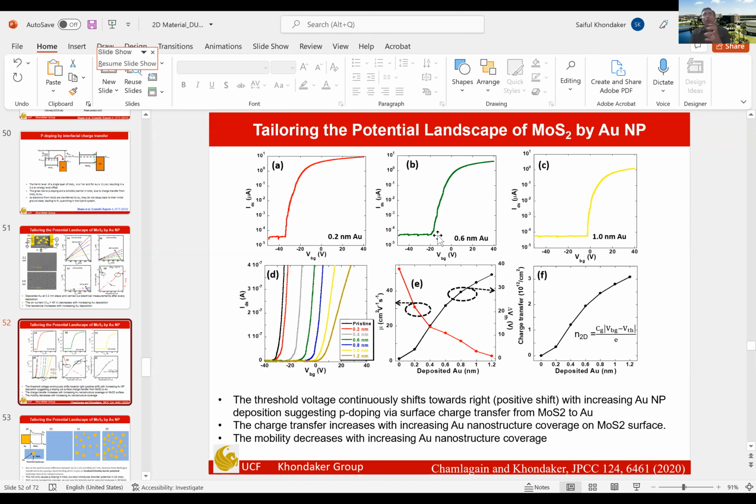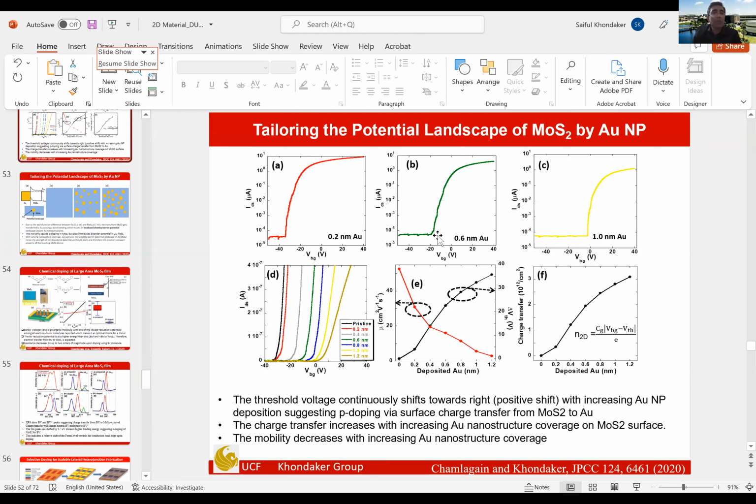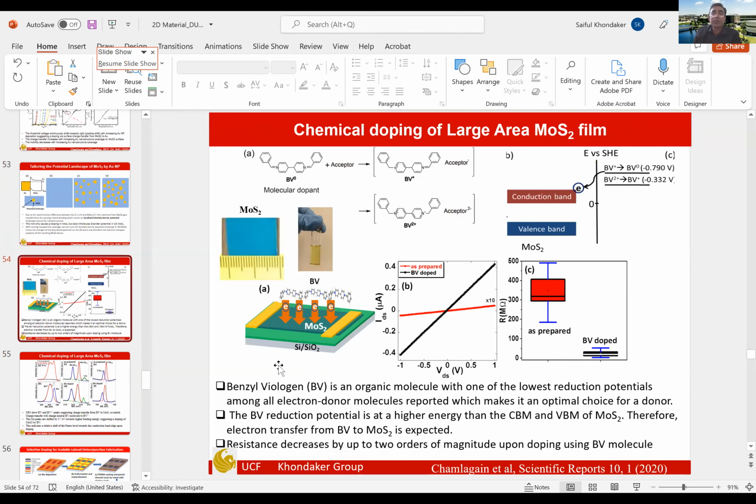It does not take space into the lattice, right? It doesn't make a chemical reaction. I see. It's a physical setting. So in 2D material, there are many different types of concept. This is a new concept called surface charge transfer doping, SCTD. I see. Okay. I hope I was able to answer your question. Yeah. Okay. Thank you.